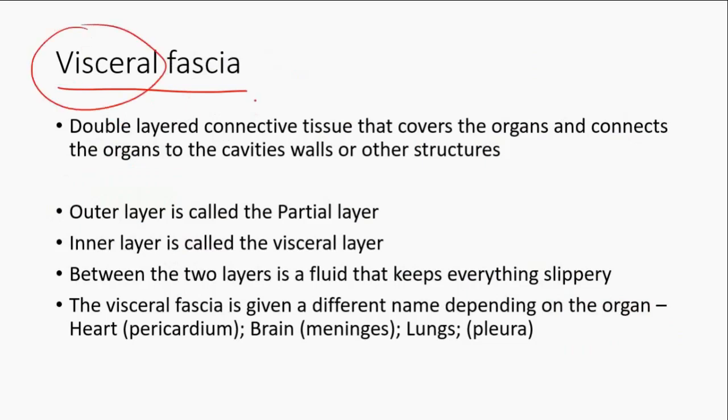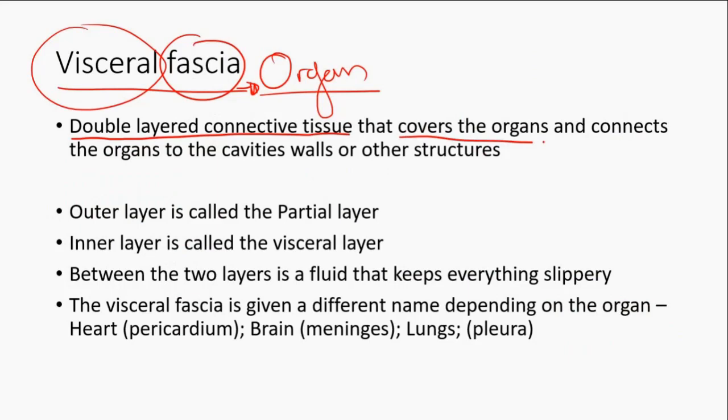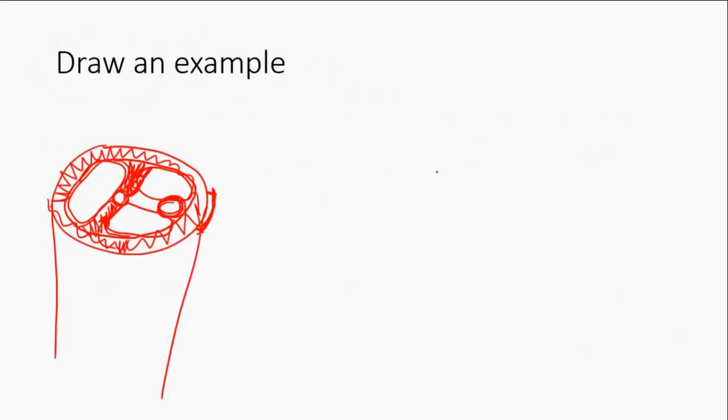The next one is visceral fascia. So visceral fascia, again, you should think of organs. It is a fascia for organs. This is a double layered connective tissue. What it does is that it covers the organs and connects the organs to the walls or other structures around it. So what I mean by that is that,